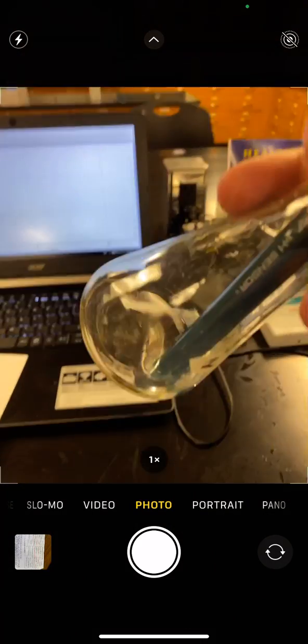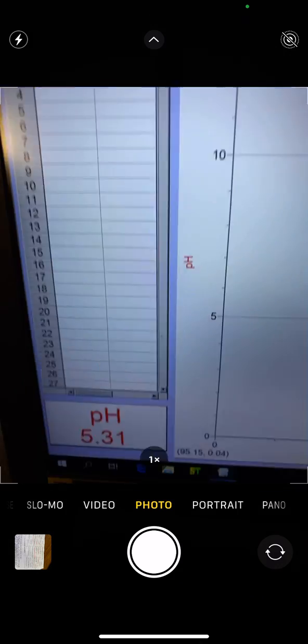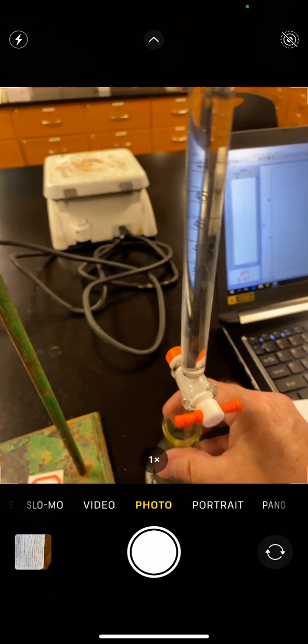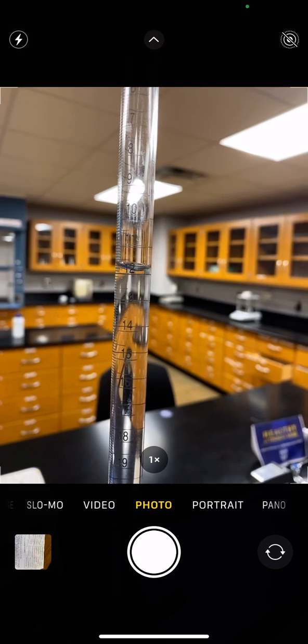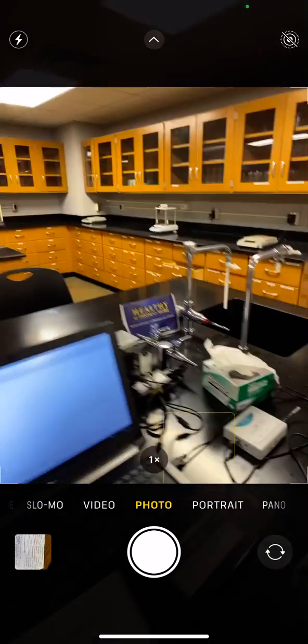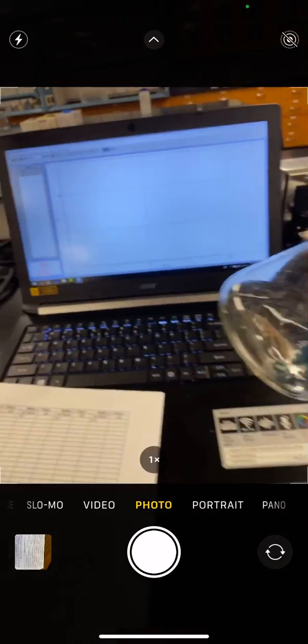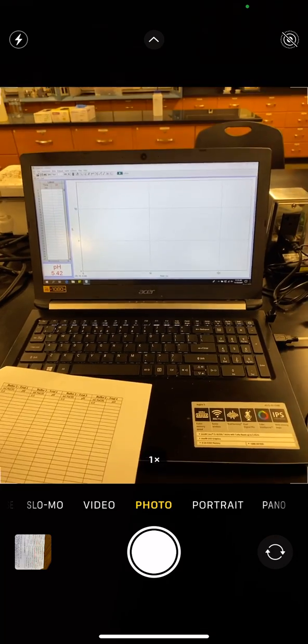As I add a milliliter, you put 1 milliliter and then you record the pH, 5.30. Add another milliliter. Probe is in. 5.42. I forget what our initial number is, so I'm just going to go up to 6